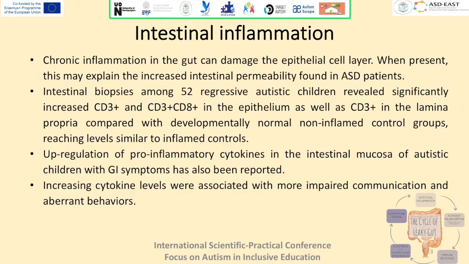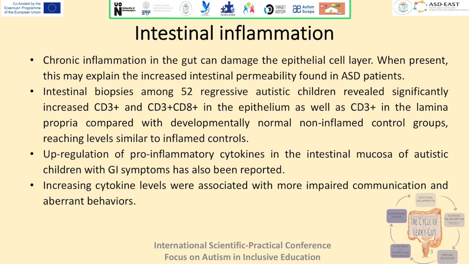Vargas and some other authors show that there is intestinal inflammation in the body of children with ASD. Chronic inflammation in the gut can damage the epithelial cell layer. When present, this may explain the increased intestinal permeability, which we call leaky gut syndrome, which is found in ASD